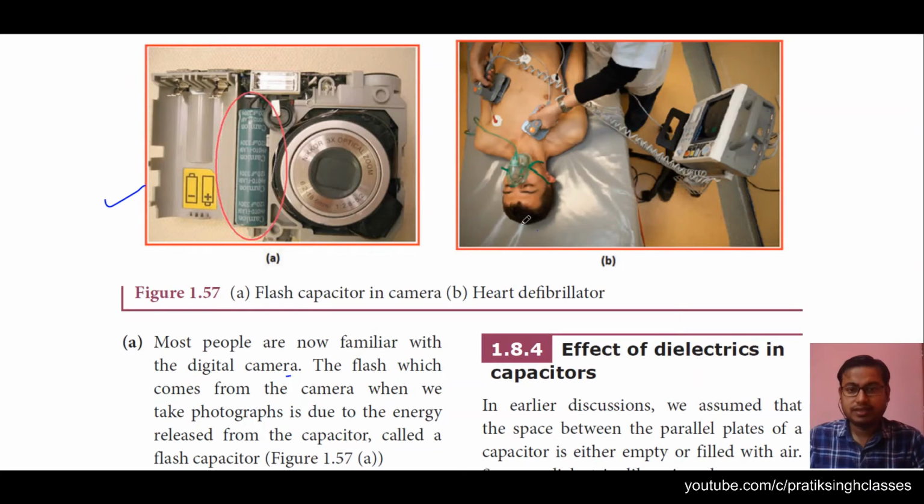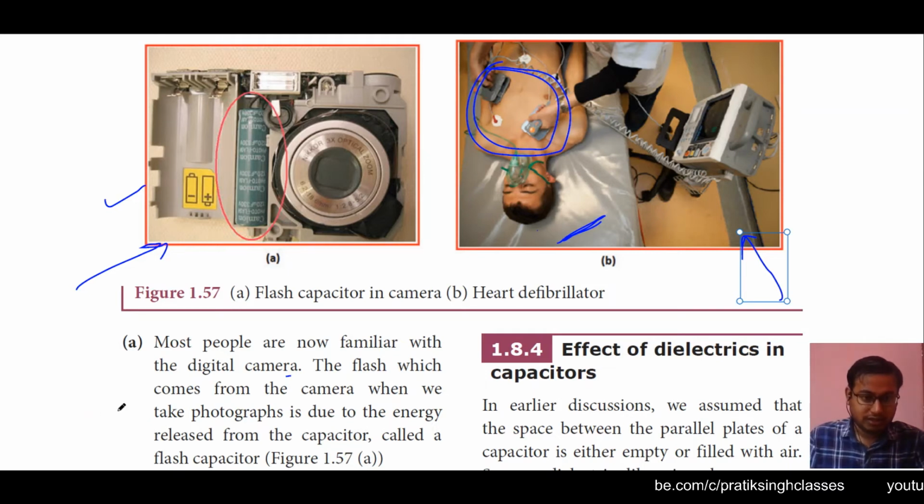Alright, so on your screen you can see a flash capacitor camera and a defibrillator. Flash cameras you have used many times, whether in a digital camera or a mobile phone camera, or whatever type of camera you use for photography. It has capacitors, and this is a great example of a medical device, that is the defibrillator. I don't want any of you to see this in your personal life. You might have seen this in movies. This is based on the application of capacitors.